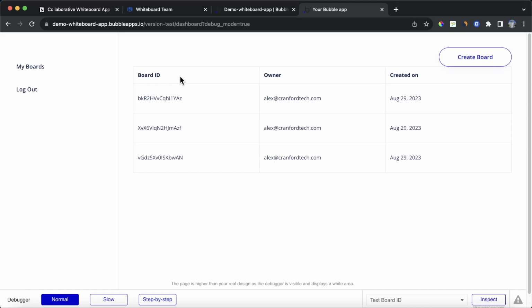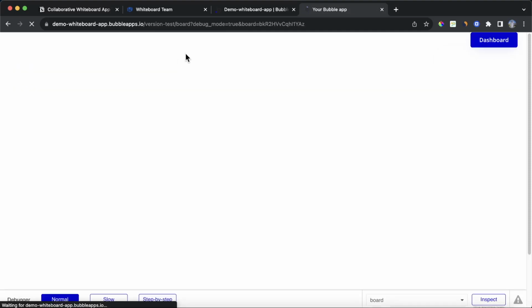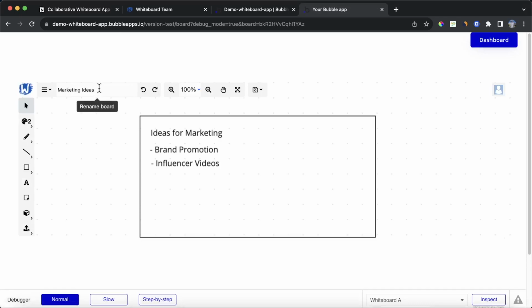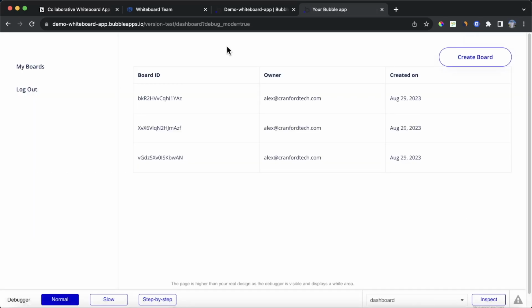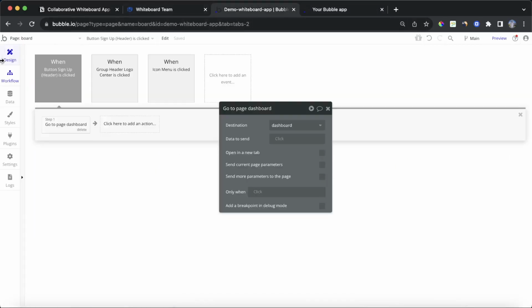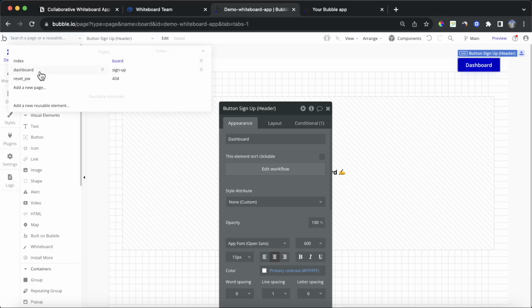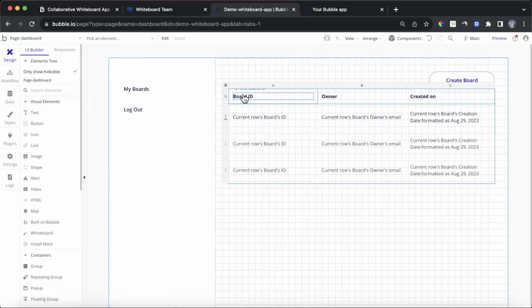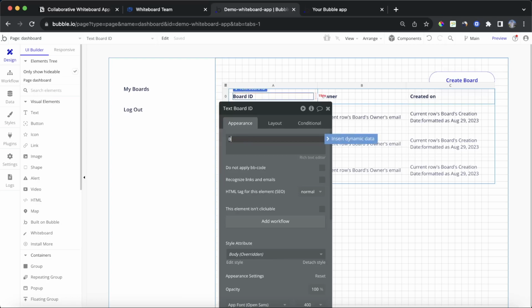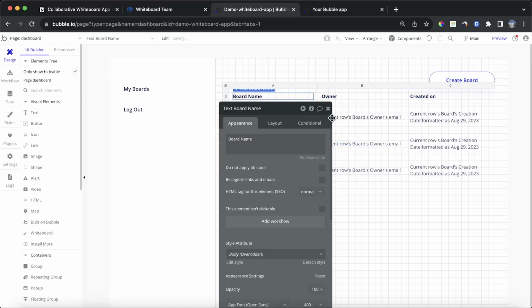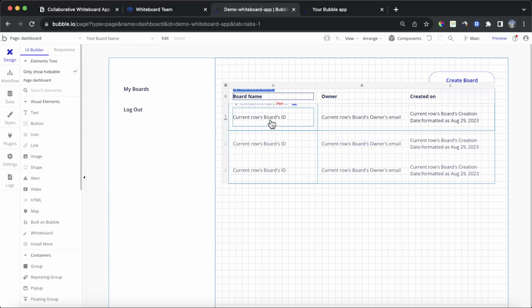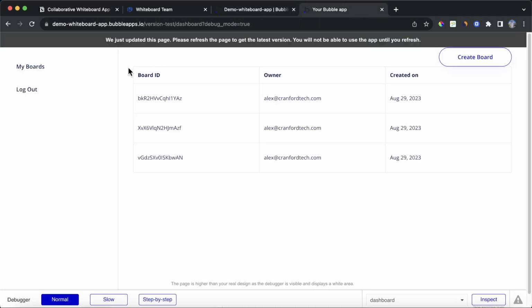Now, you may think that the board ID isn't necessarily the best way to identify the board. I mean, we do have this name here, and marketing ideas seems like a lot better way to identify which board we're looking at compared to the board ID. And I would agree with that. So what we're going to do is instead of having the board ID there, we're going to change that to the board name. And again, you might think it should be pretty straightforward that we just grab the name from the board that we created, which would be this one here,